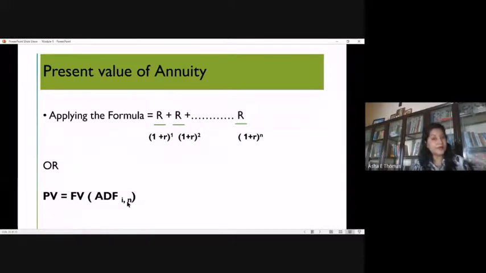Once again, compounding is a concept which talks about the future value of an amount which you are investing, maybe in different series or in a lump sum. Suppose I'm going to invest 10 lakh today, what am I going to get after 10 years? That's compounding. Now, discounting is nothing but, I know that after 10 years I can get a lump sum of 10 lakh from my bank deposit. Now, I want to know the value of that 10 lakh today. That's the concept of PV, or present value.